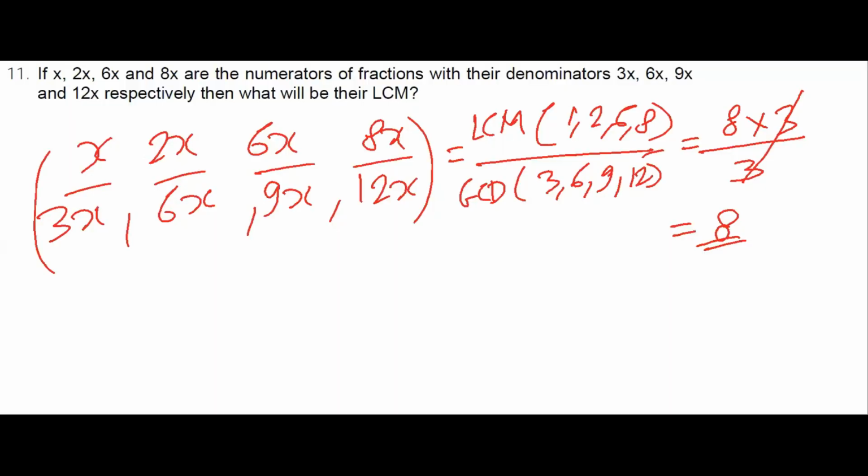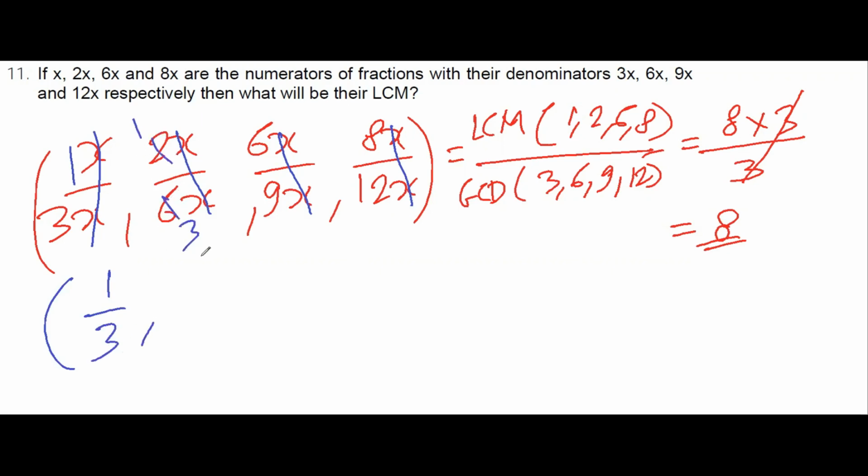Okay, so there is a mistake I did here. And what's the mistake? The mistake is that the numbers which are given here are not in reduced form. So I have to bring them into reduced form. I have just reduced the x part and wrote the coefficients as 1, 2, 6, and 8. But that is incomplete. What we need to do? I have to even reduce this.